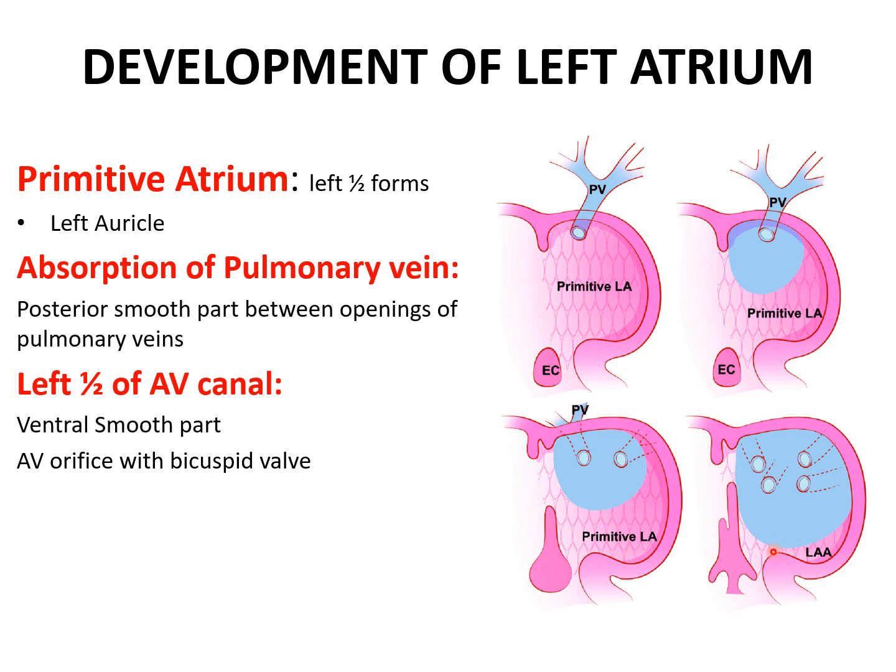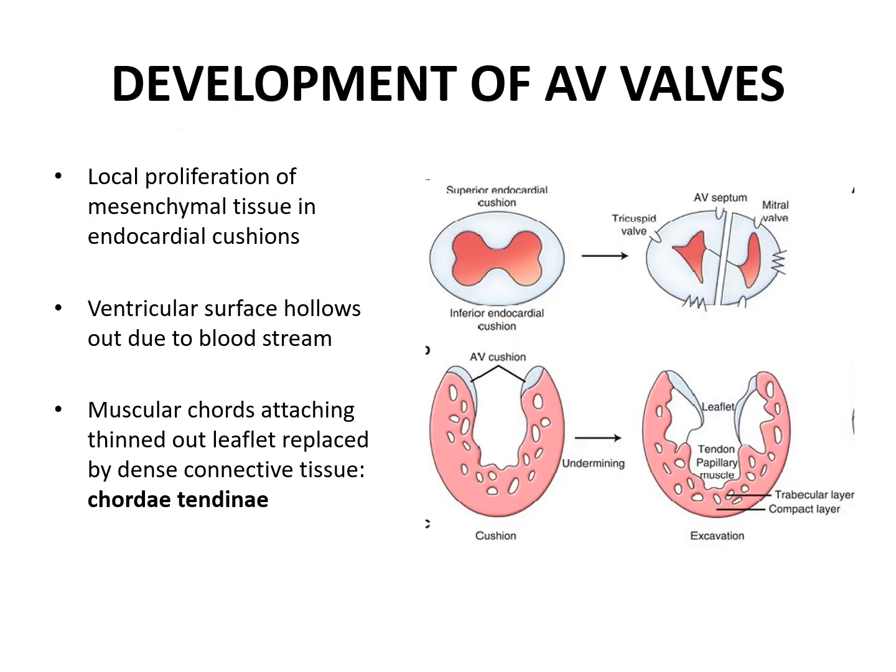Then the left half of the AV canal is also contributing to it, which is responsible for the atrioventricular orifice, which is guarded by the bicuspid valve. Then we will see how these tricuspid and bicuspid valves are developed. And let us just recall that